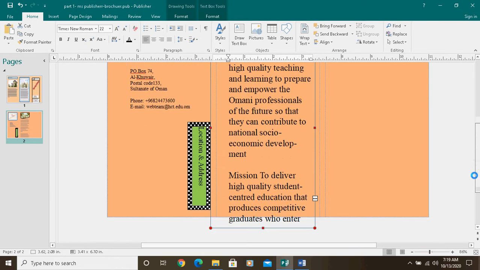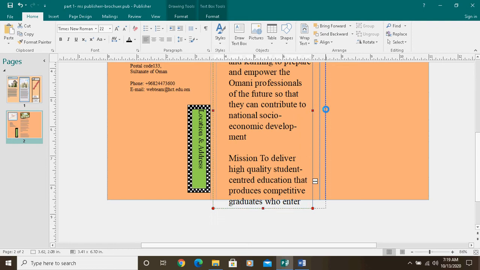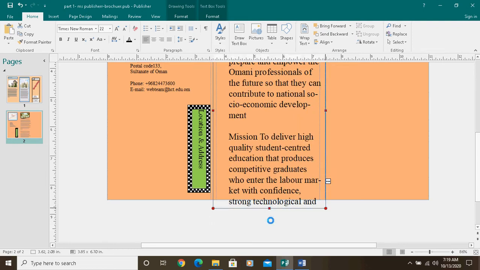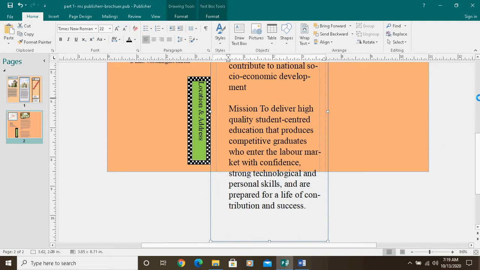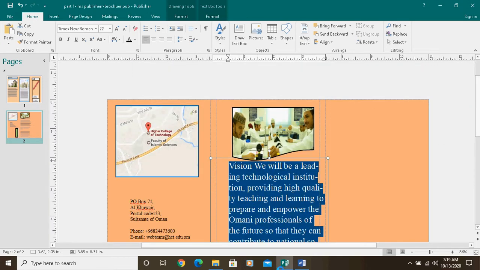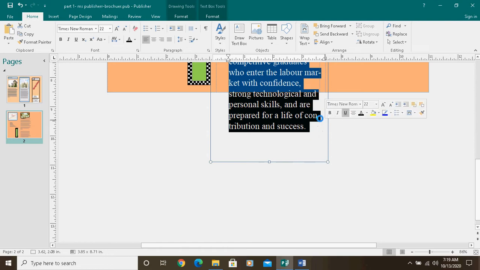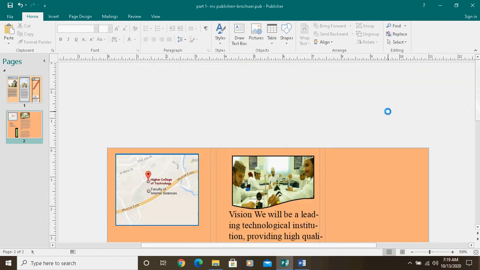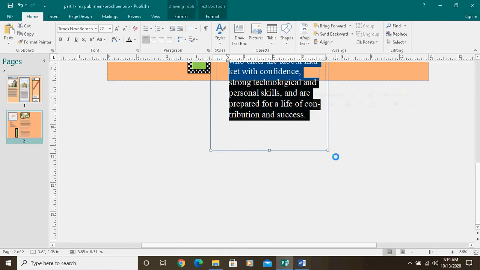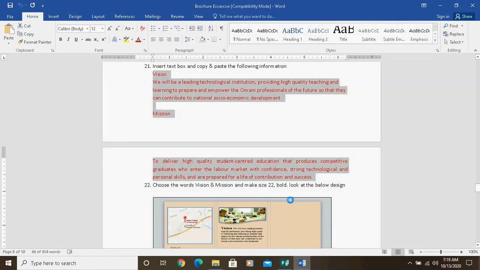We can align properly. So vision and mission only we want to make 22, not the full text.